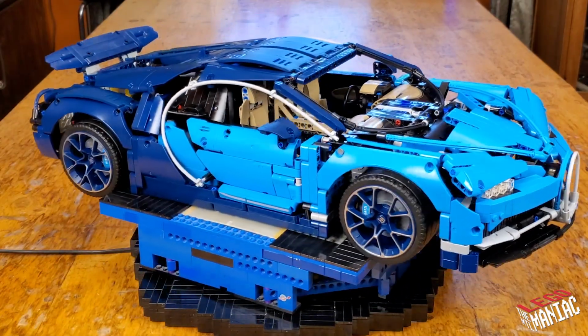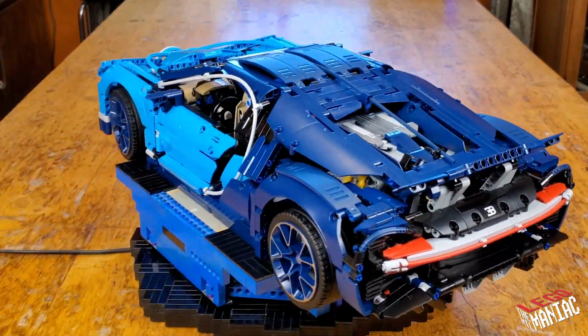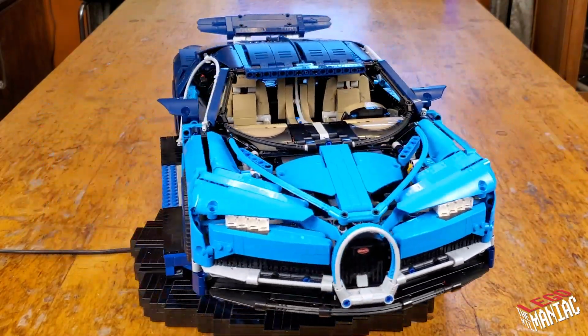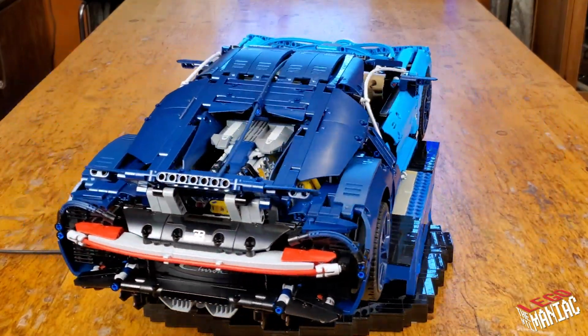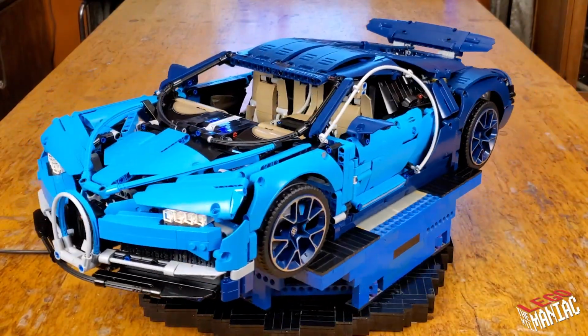The Bugatti Chiron. With its 8-liter, quad-turbocharged, 1500 horsepower engine, it's not surprising that this is one of the fastest, if not actually the fastest, production car in the world. While the Lego version won't take you from 0 to 60 in 2.5 seconds, it's still one of the sleekest Technic kits I've seen out there,